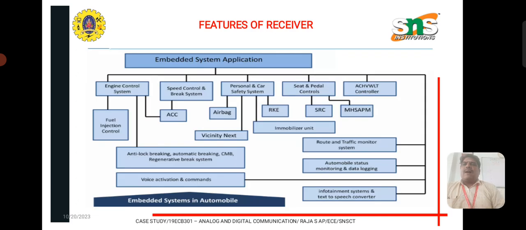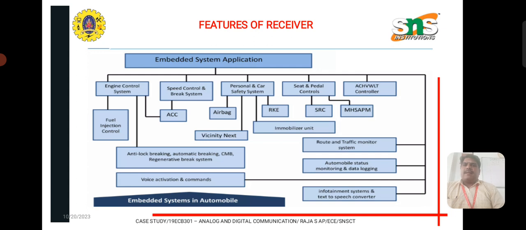So next we see how this analog digital communication is implemented in the automobile area. In the automobile industry, it is mainly used to control various signals in the form of analog to digital. For example, if you take FM, which is analog, while you are controlling it in a car, it is in digital format. The various embedded systems used in the automobile industry are engine control system, speed control and brake system, personal and car safety system, seat and pedal controls, automatic clutch control, VVT controller, fuel injection controller, ACC, airbag,